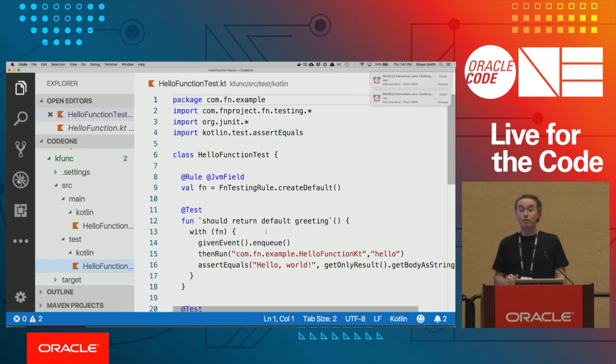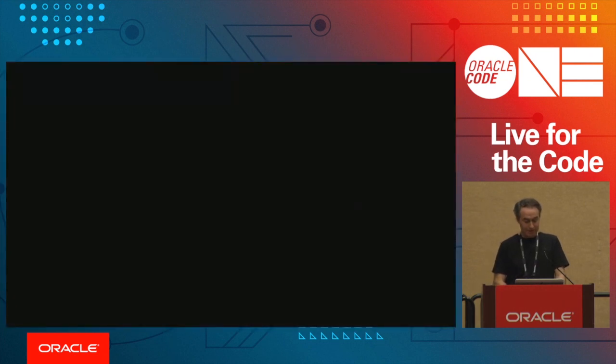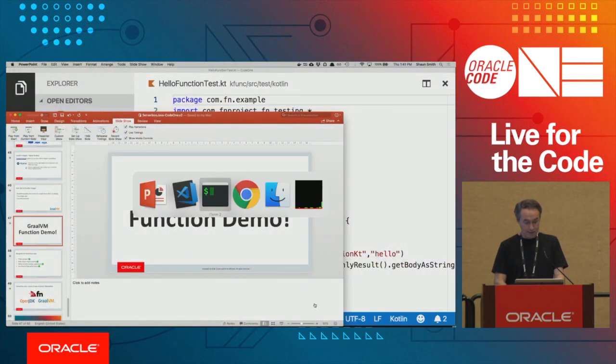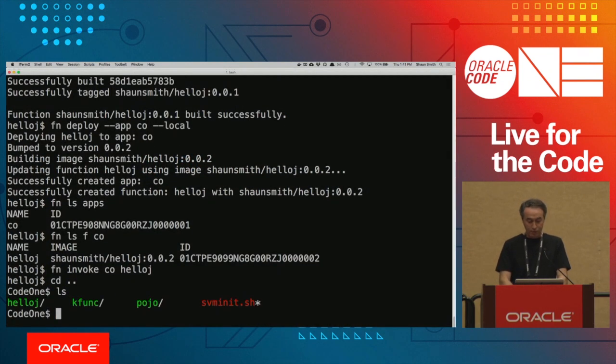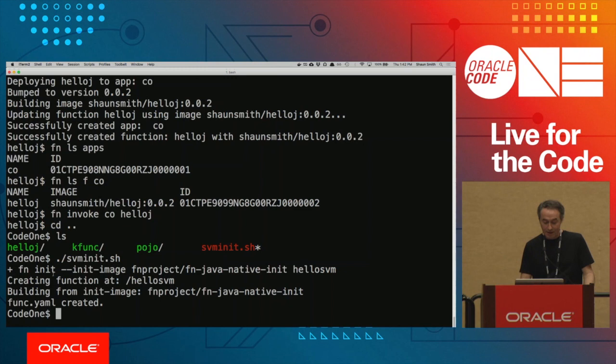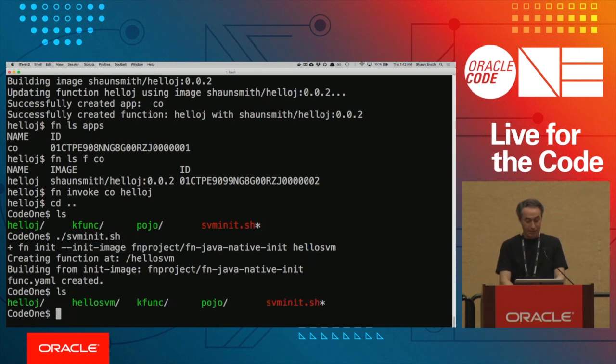And this is actually very new. So we got a pull request from the Graal team recently. It's been merged in. And if I can just get out of here, I can show you. So let's jump over here. Okay. So I'll show you the script here. Actually, I'll just run it here. If I run a FN init with the SVM, the Substrate VM stuff here, and it'll just echo the command. So it says init, image, and we have some support for pluggable initialization, like boilerplate. So create a function, hello SVM.